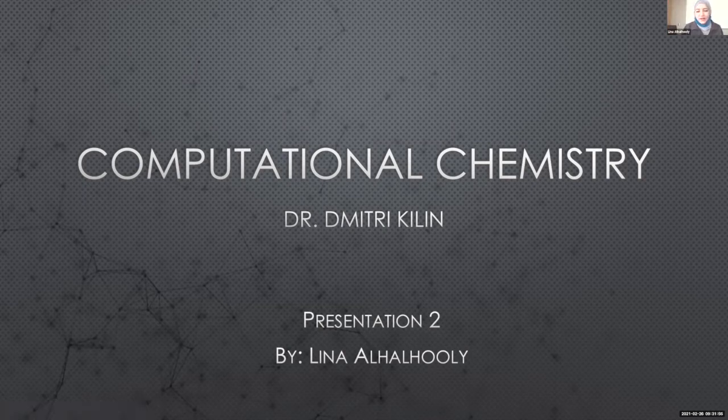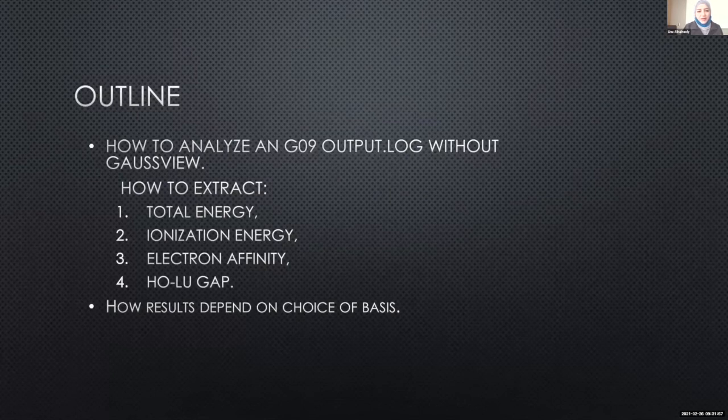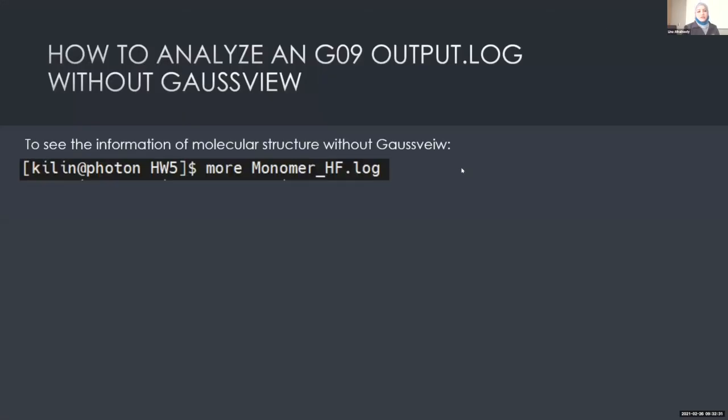Good morning, everyone. Today I will present 2 main points: how to analyze the output of the log file without using GaussView, and through that I will show you how to extract some parameters like the total energy, ionization energy, electron affinity, and the HOMO-LUMO gap. And then how the results depend on the choice of the basis set, which was explained by Kia in detail in the first presentation. So first, let's see how to analyze the output